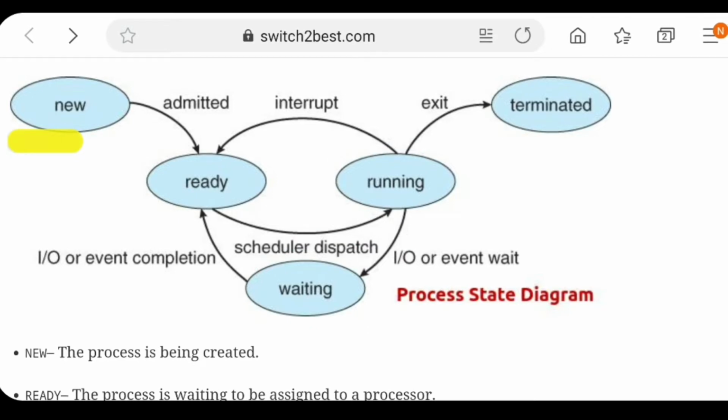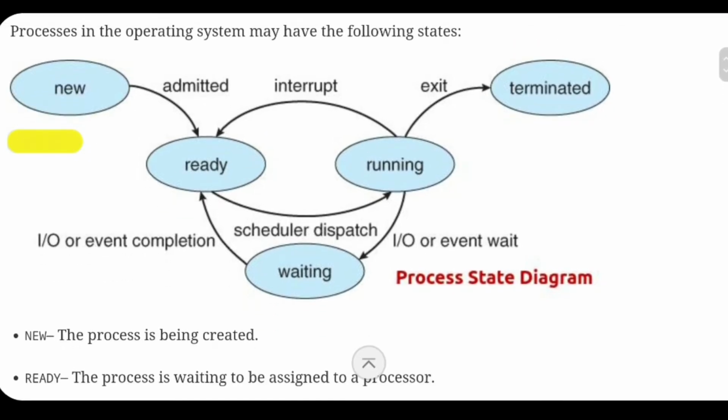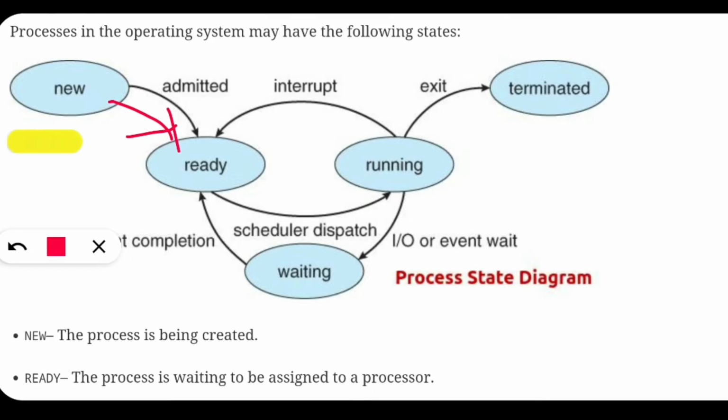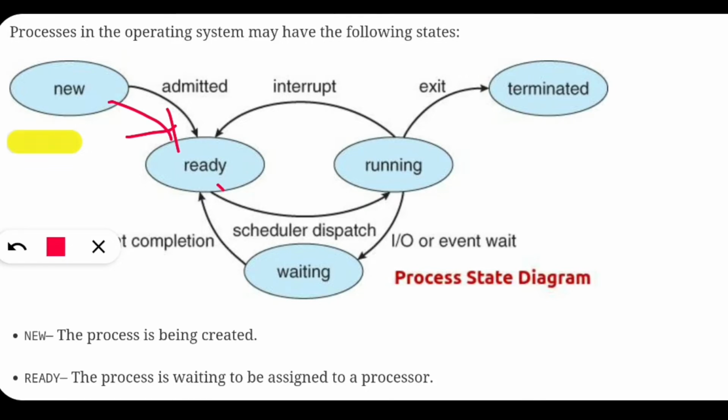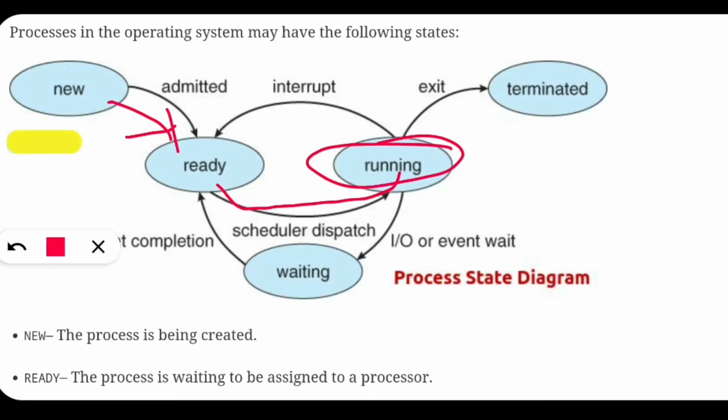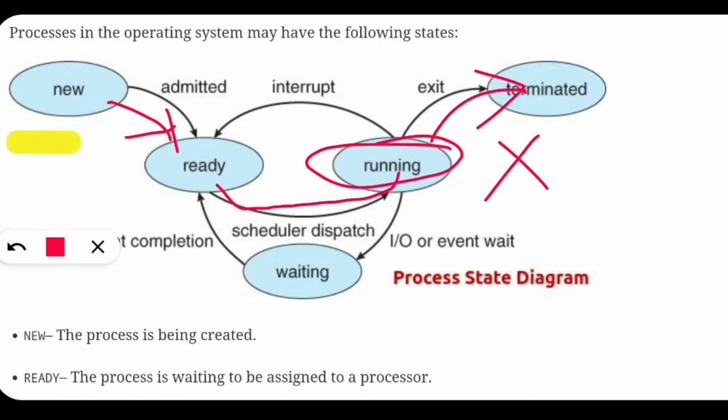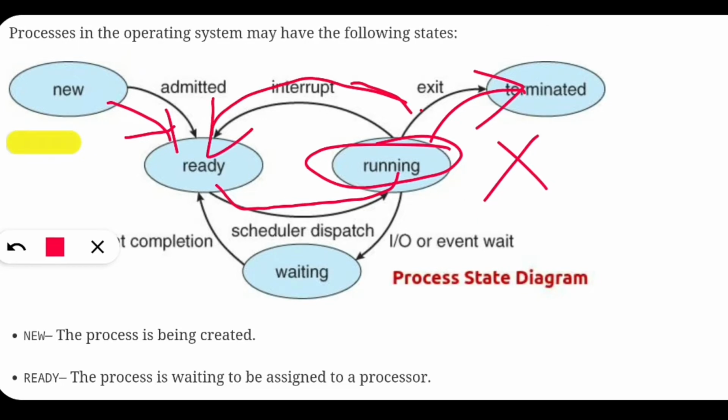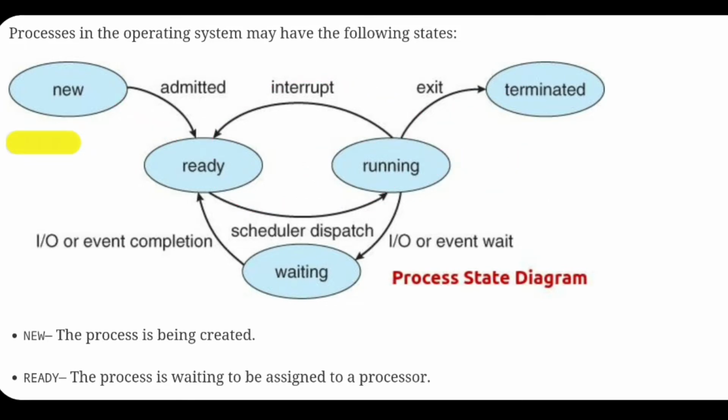A process starts its execution from the new state, and after that it moves to the ready state. Here in the ready state, if all the input output and everything is set and the processor is ready for execution, it moves to the running state. After the running state, if it completes the execution, it will automatically go to termination. If not, the process execution will be interrupted and it will come to the ready state again. Any process starts its journey in the new state.